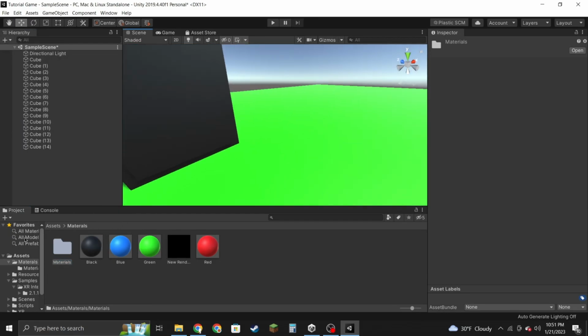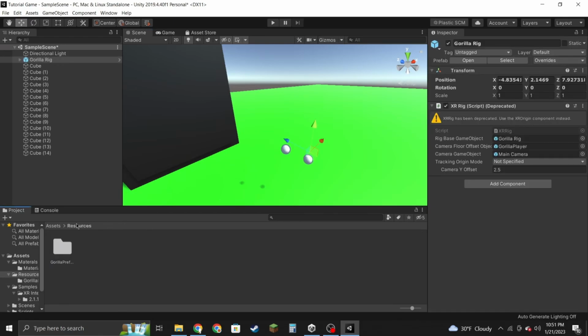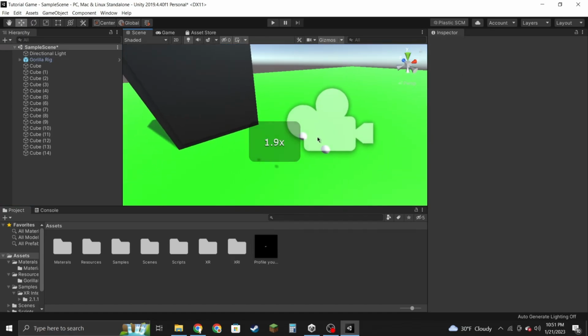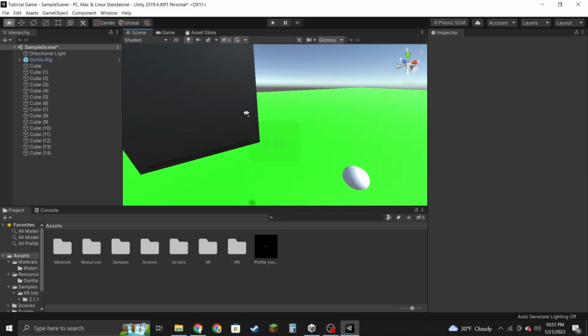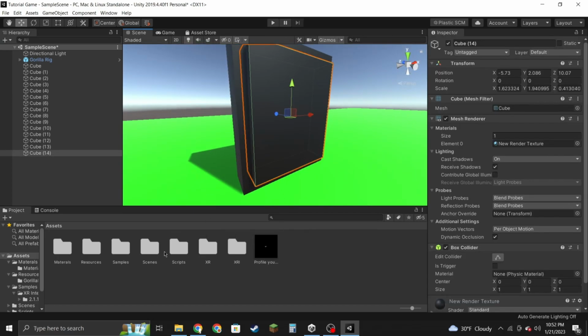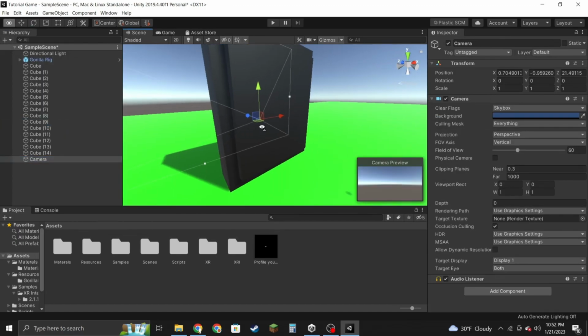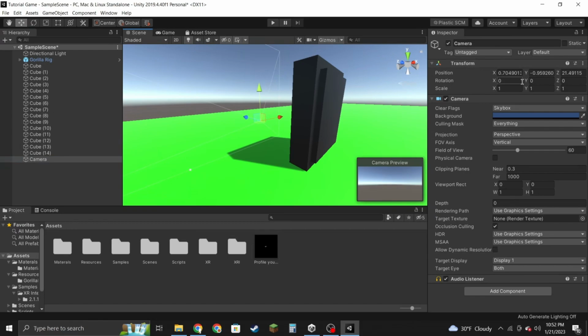But first we must put our person down. Resources, Gorilla Tag Rig. Now we have the Gorilla Tag Rig. It's going to be looking right over there. So now let's put a camera. It shouldn't be looking that way, so let's fix the rotation